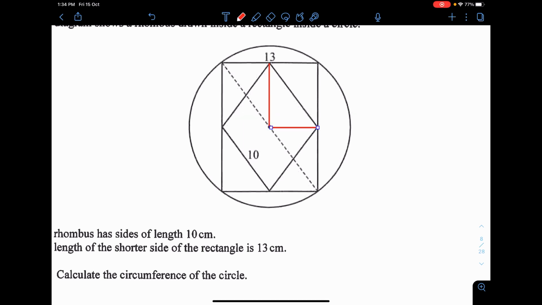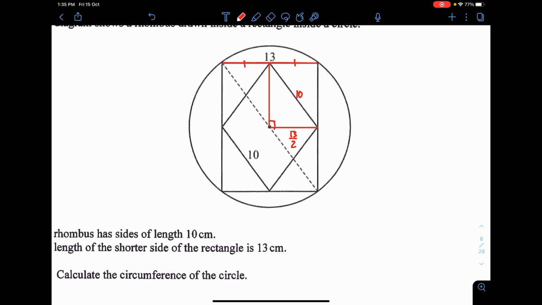Since 13 here is technically the chord, I will divide it by 2. This is the chord. If you connect the chord to the center perpendicularly, you have a bisector of the chord, meaning this is actually 13/2. This one is 10, and this is a right angle, because I connect to the center. In any case, I want to find out the height of the triangle.